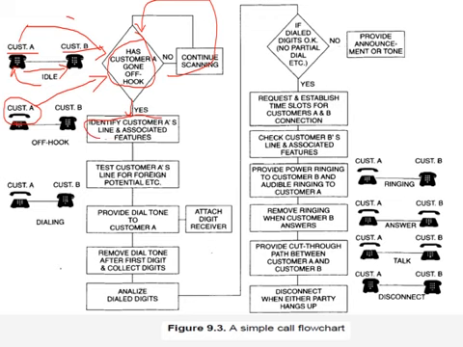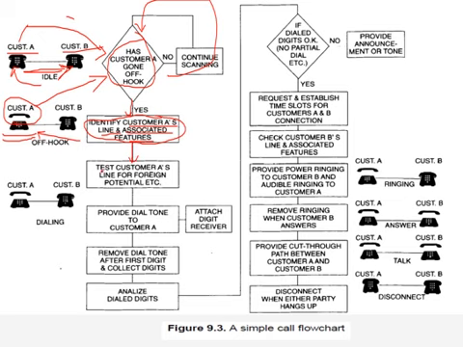Now, what is the next thing? What we discussed in the previous slide is we identify which customer has lifted it. That is, we try to identify the line and check what features are enabled for customer A. For example, whether customer A is permitted to have an outgoing call, whether he is permitted to have an incoming call. In this case, customer A wants to have an outgoing call, that is, he wants to dial customer B. So it will be indirectly checking whether the outgoing call facility is available to customer A or not. I'm not checking everything, I'm just analyzing it here in a simple form.